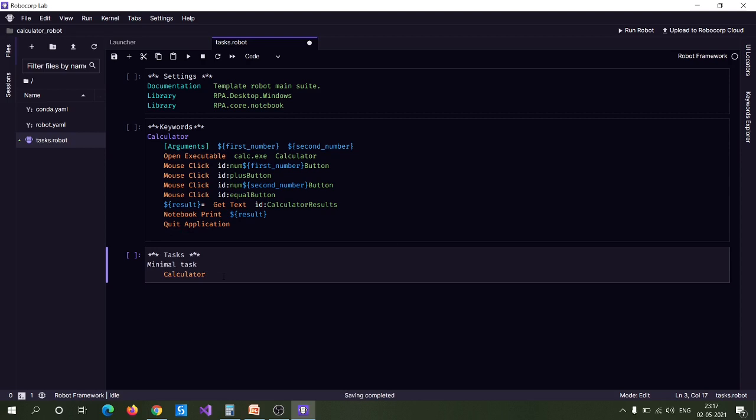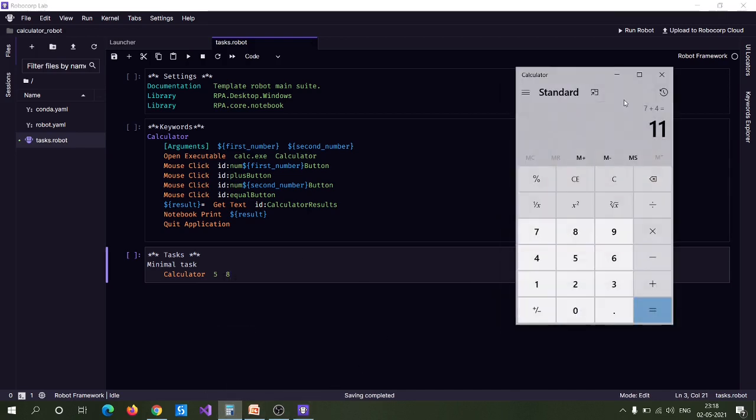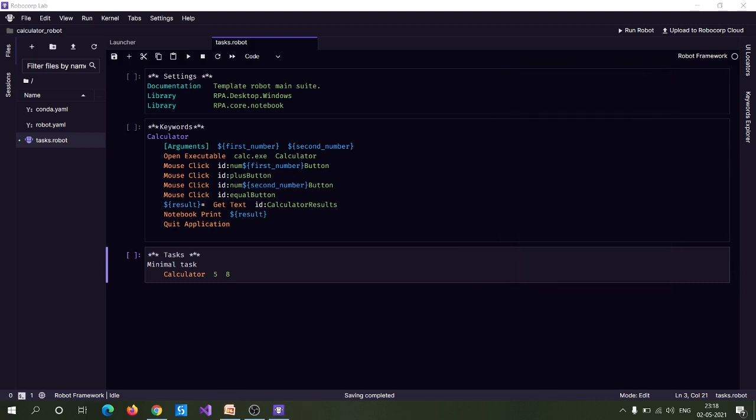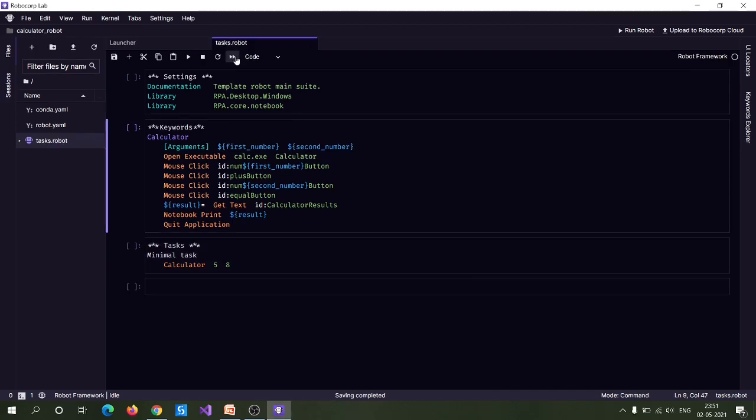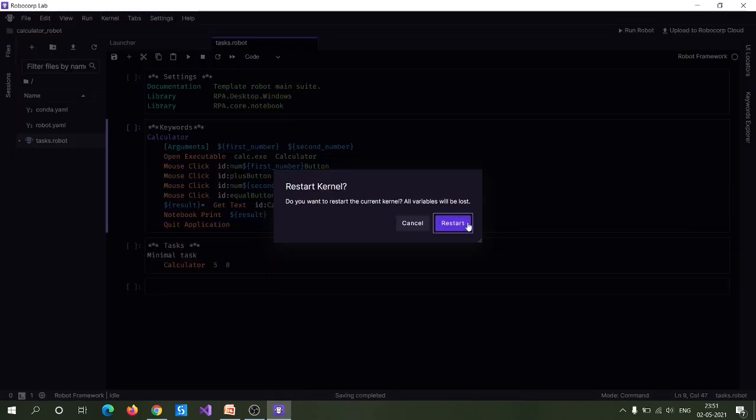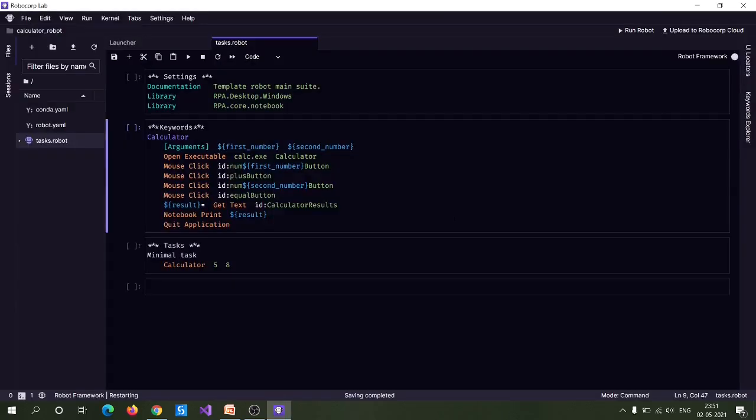Let's start with single digit numbers. Let's say 5 and 8. Let me close this here. Let's see whether we get our result correctly or not. We can run the workflow.